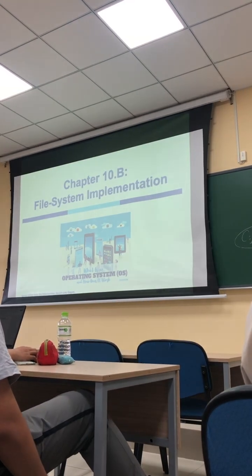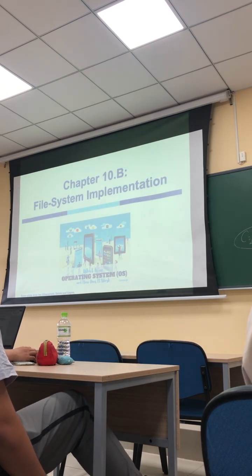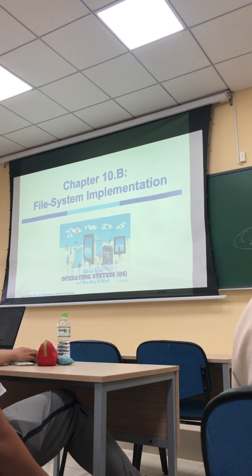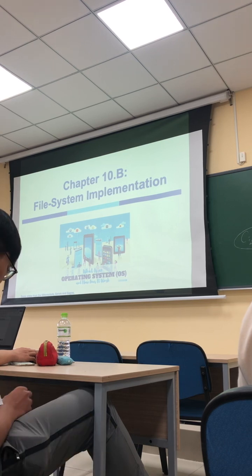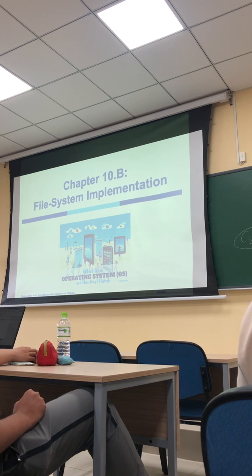So for file system, we have two chapters. First one, the file system interface, and the last one, file system implementation. In this one, we have some methods of allocation, for example, continuous allocation, linked allocation, and indexed allocation. And we also have free space management. We use four methods, for example, bit vector, linked list, counting, and grouping to manage the free space. So for the implementation, first,